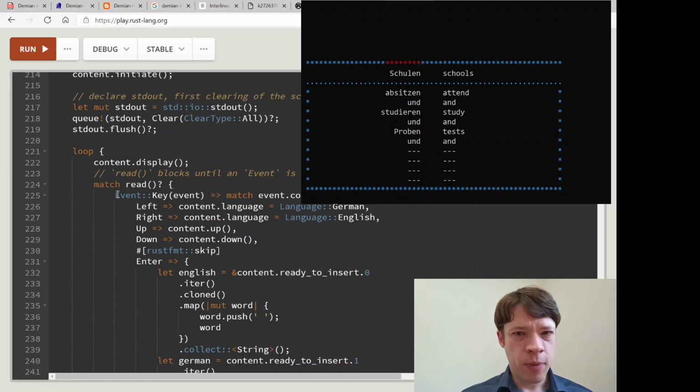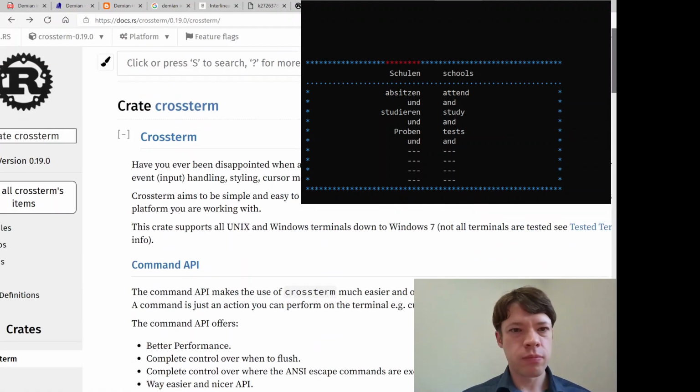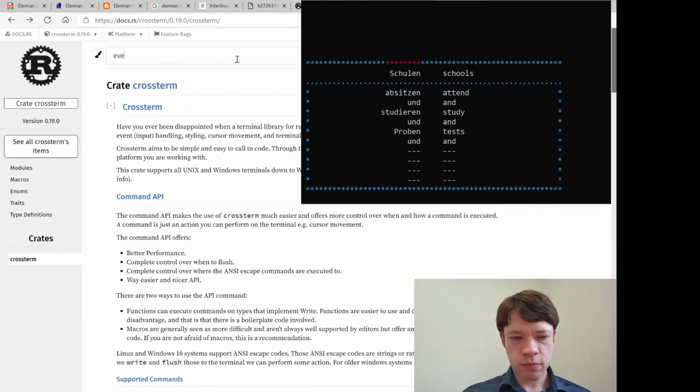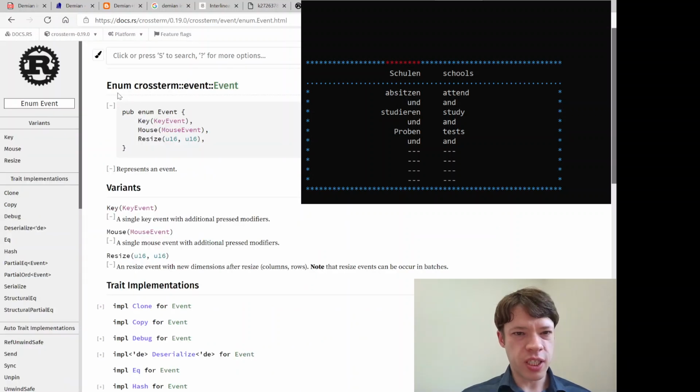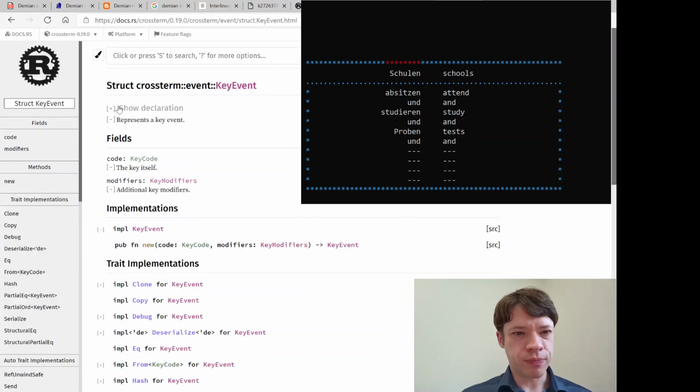And then what happens if there's a key event? So let's go to KeyEvent. You can see crossterm has all these events that can happen. So it has key, mouse, and resize, and these are the two that I said I don't care about. But if there's a key, there's going to be a key event. And what is that?